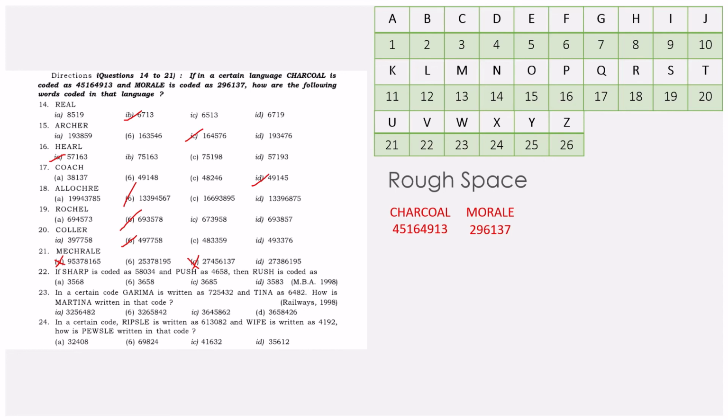Okay, let me check for the unique digit which is changing in both B and D options. Let's check for the second index, 5 and 7. So that doubt will be clarified. E would be coded as 7. So I hope the option is D.